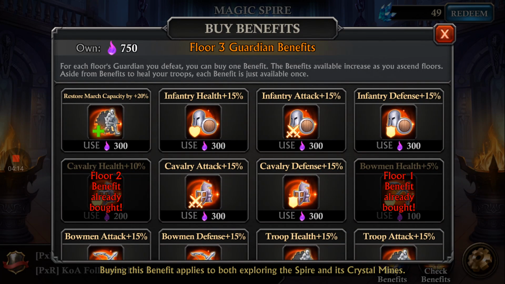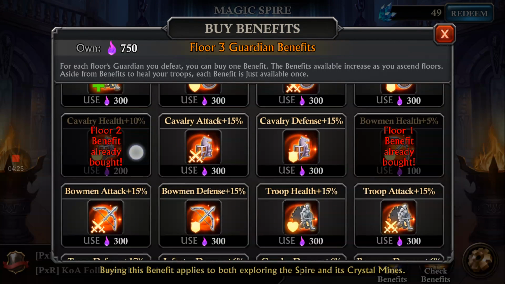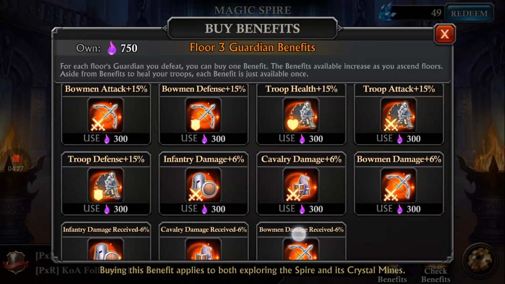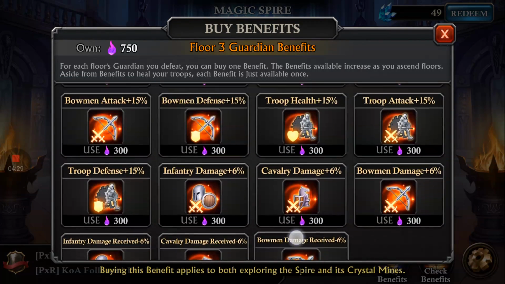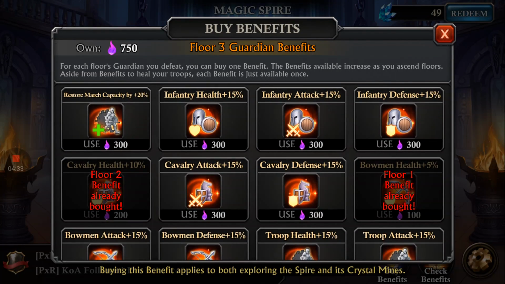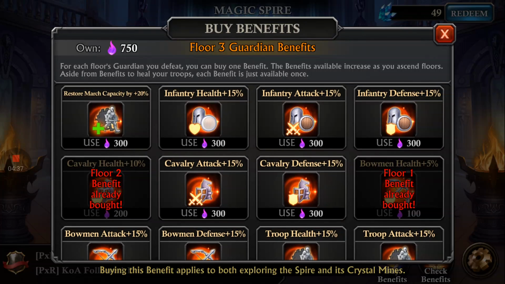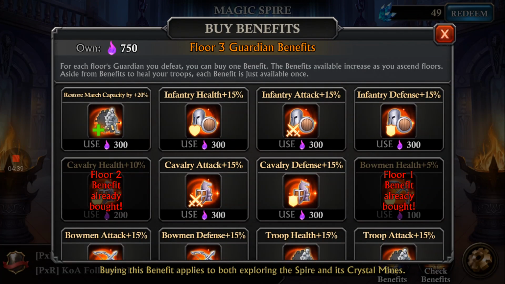Okay. Now, here is a tricky thing. Now, in my opinion, and this is my opinion, I guess I don't have solid facts to back it up. I went with Bowman health, I went with cavalry health, and now we have an interesting choice to make because we have, there it is, we've got troop health, and we've got infantry health. Now, what I have been doing is boosting my troop health first, and then my infantry health second, because in